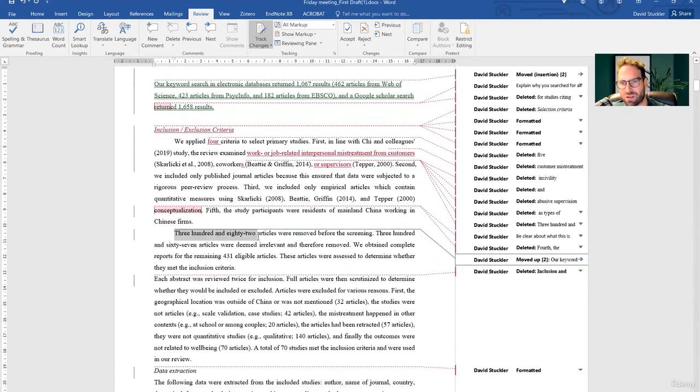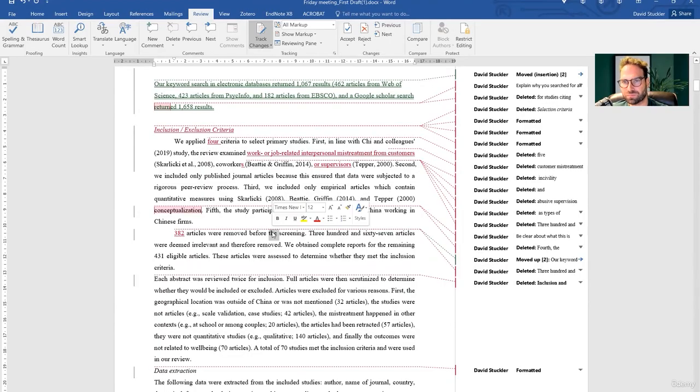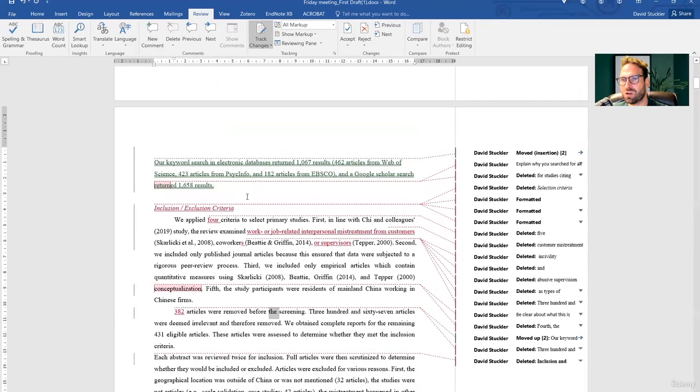Okay. So now we got 382. Removed before screening. No, this is screening. Screening is already up here. How many duplicates? You didn't describe how many duplicates were removed following the Prisma.